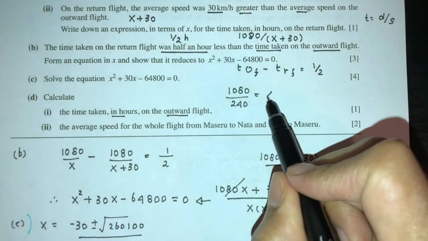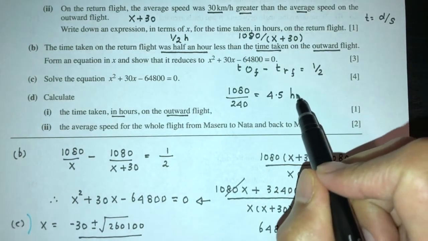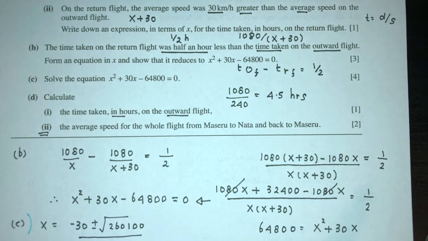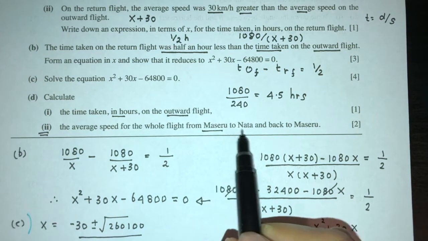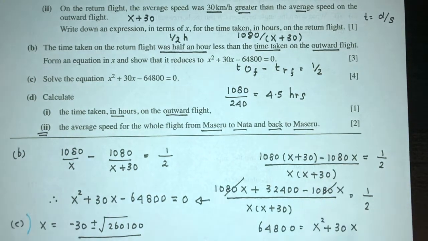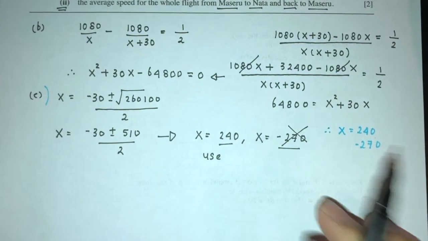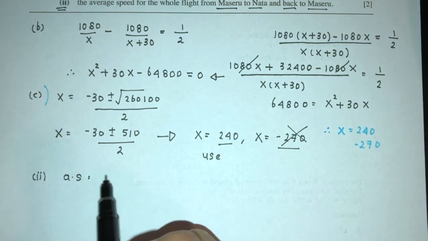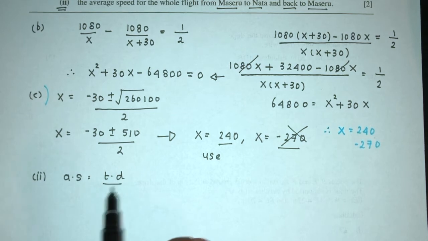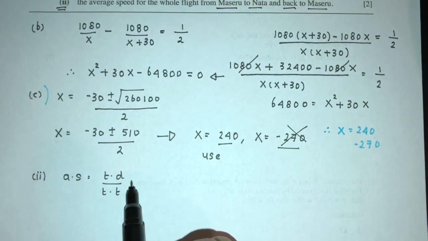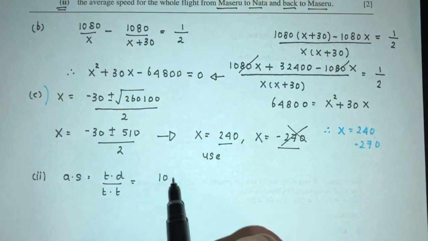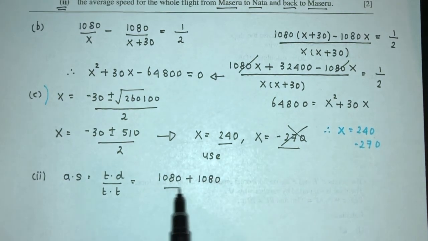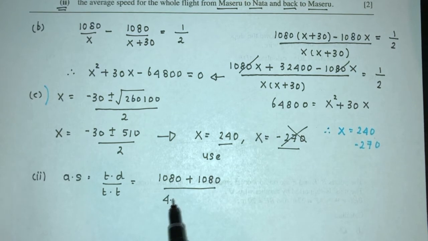That will be 4.5 hours. Now for part 2, we have to find the average speed for the whole flight from Maseru to Nata and back to Maseru. So pretty easy again. So by definition, what is the formula for average speed? It is equal to total distance divided by total time taken. So total distance will be 1080 plus 1080 because going and coming back, divided by the first one is 4.5